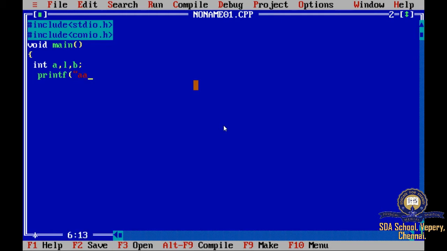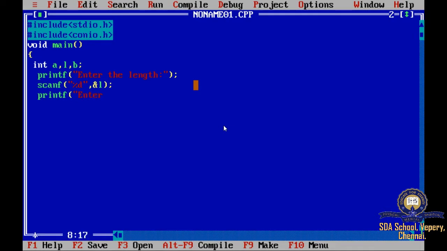Enter the length. So to get the value, what do you have to give? Yes, correct. It is scanf. So in scanf, what is this %d? Yes, good. It is the access specifier, and you have to specify this ampersand. Why? Because it denotes the address of that particular variable.